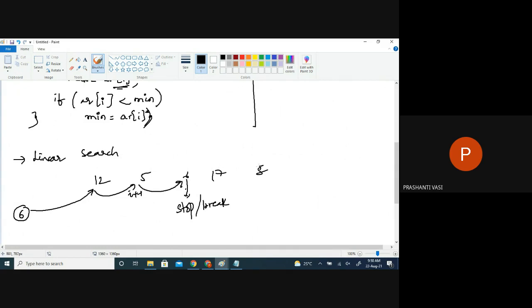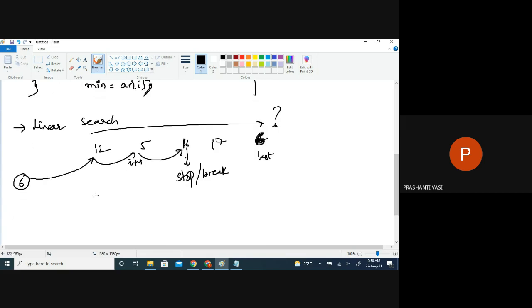So at the most, my data can be found, if it's found, at the most it can be found at which index? It can be found from beginning till end anywhere. We don't know where it is found. So we have to search from which location to which location? From the first to the last index. We have to search. And while searching, what is my job? Comparing. Is my data matching with which data? All other data. So if it's not matching, we'll move on. But if it's matching, what should we do? Break.